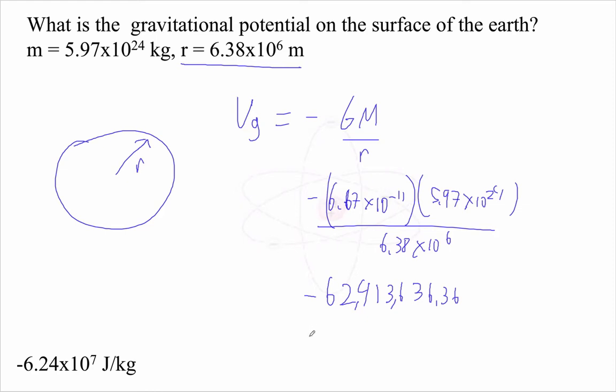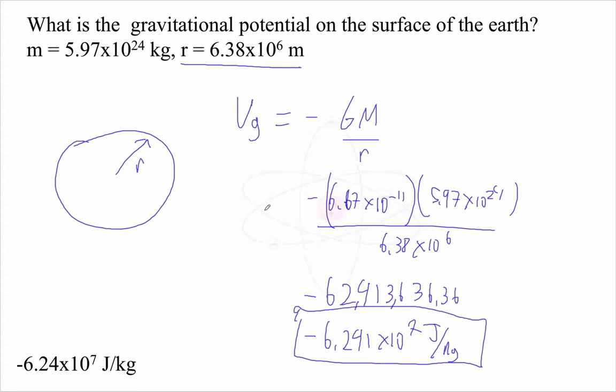Okay, so what do we have here? We've got negative 6.241 times 10 to the 7th joules per kilogram. Ta-da. So this, again, is how many joules of energy per kilogram of mass, right? So if you start a 1 kilogram mass out here,